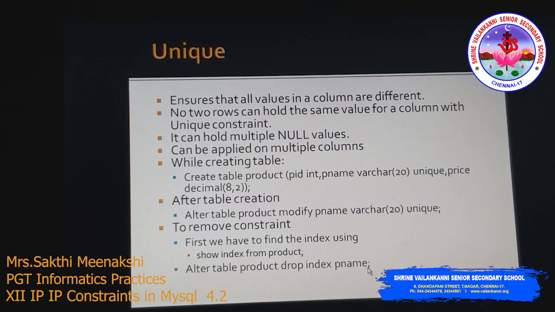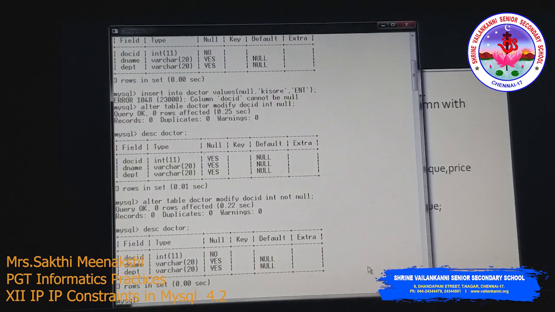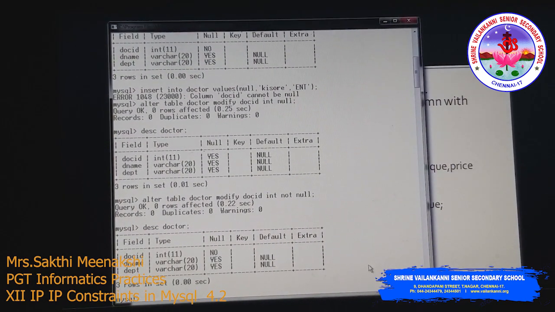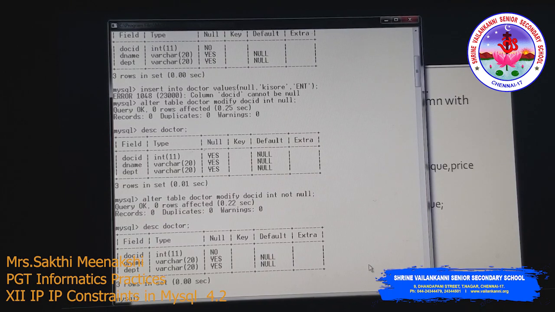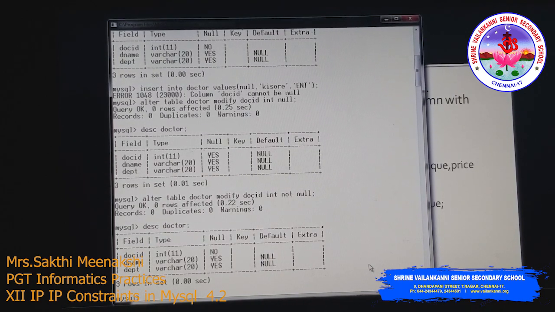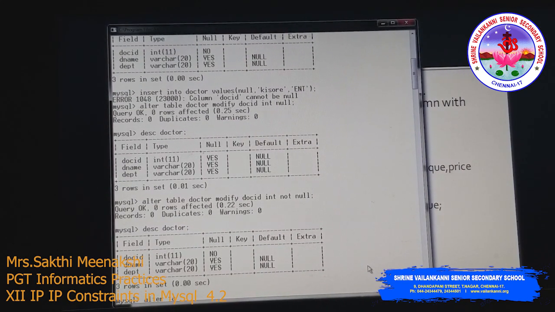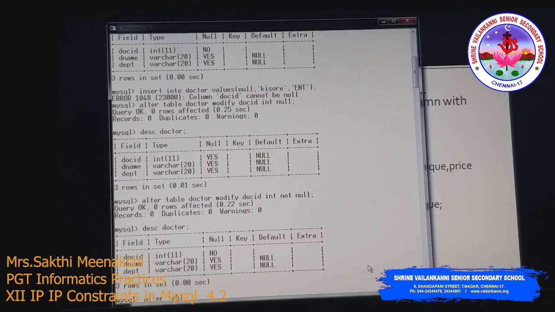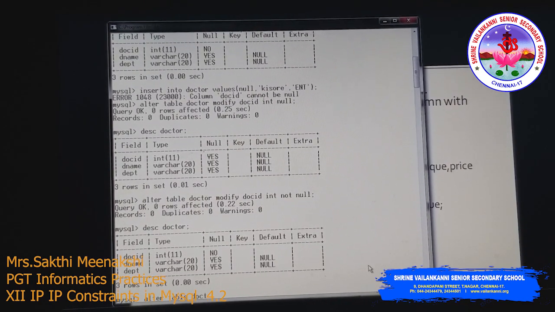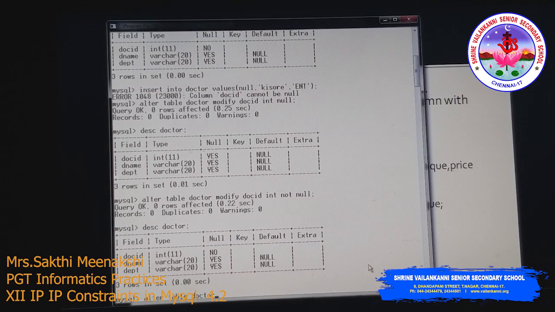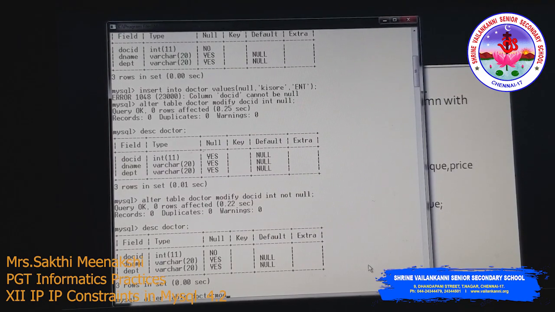Okay, let's see the demo again. The table is already created. In this table, I am going to alter this one. So I am issuing the command alter table. The table name is doctor here. For this table, I am going to add unique constraint for D name. So I have to use modify.